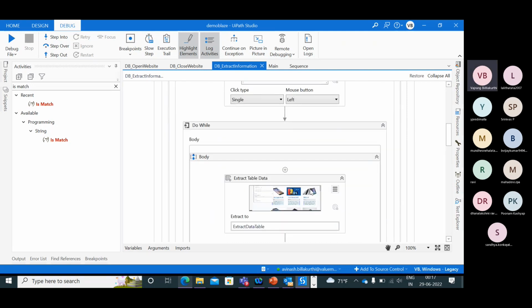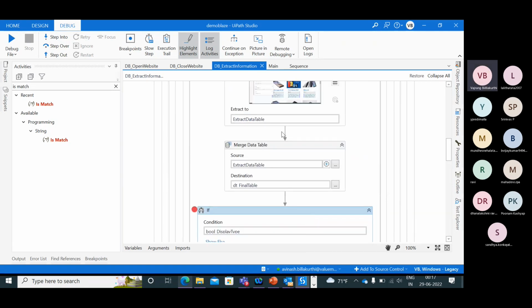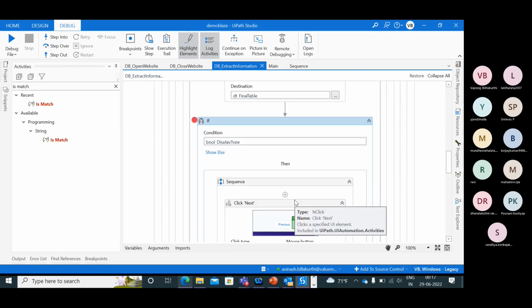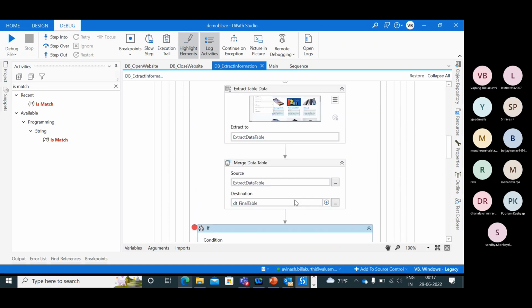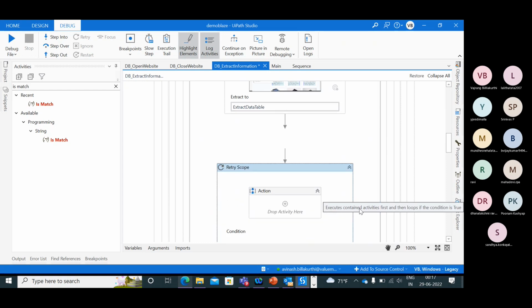And one thing that I can do is before extracting or after extracting data table, I can do one more thing. Where is get attribute? Did I delete that one? Yeah.